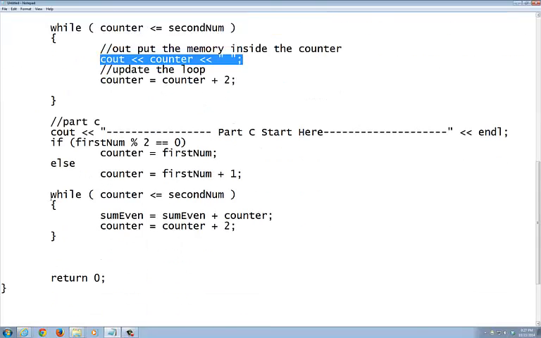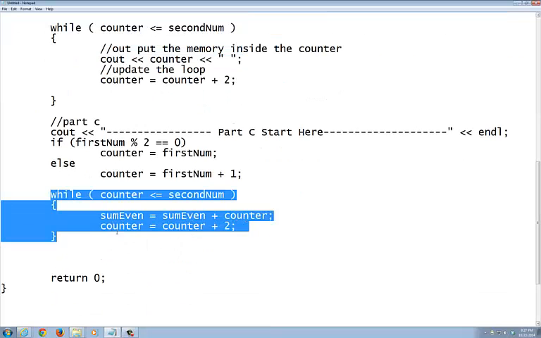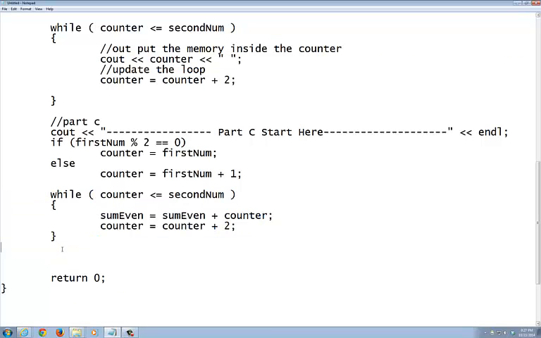This right here, part C, you don't have any cout inside this loop because it only wants the final sum, which is the sum of the even. That's what the final number is. So in order to do that, outside of your right curly bracket you would actually have a cout, and you're going to do "sum of the even